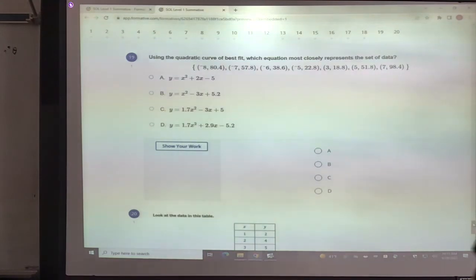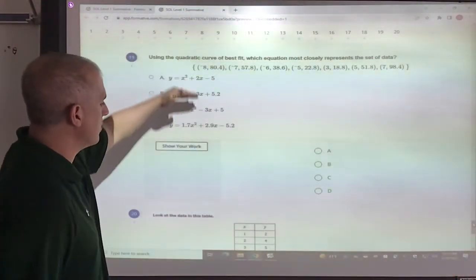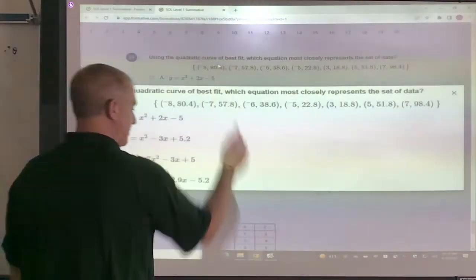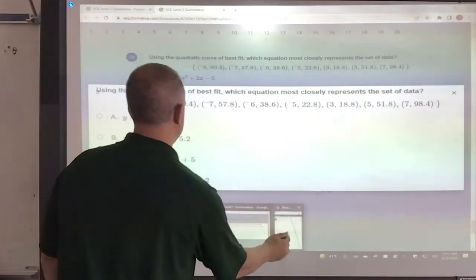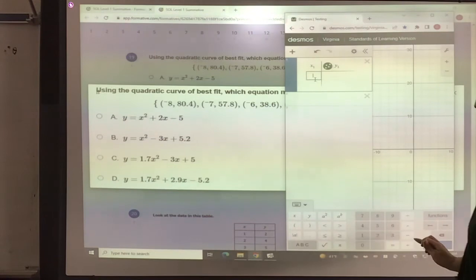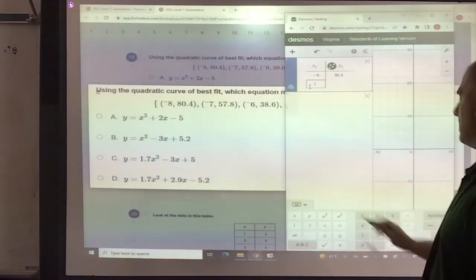Question 19. Use the quadratic curve. So that is a dead giveaway. Also, you can look at the equations to figure it out. Now, the idea is this is the x, this is the y. So I go to table. I go negative 8, 80.4. I got negative 7,